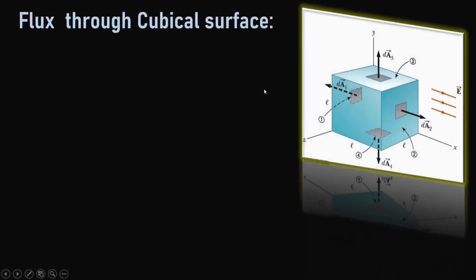Now let us see another important situation, flux through a cubical surface. This is generally asked where we have a cube placed in space, a three-dimensional figure with x-axis, y-axis and z-axis. Again we have to see the direction of the electric field, which is along the positive x-axis. The direction is fixed. The entire cube can be assumed to comprise 6 faces. First we will take 2 faces, the upper face and the down face.